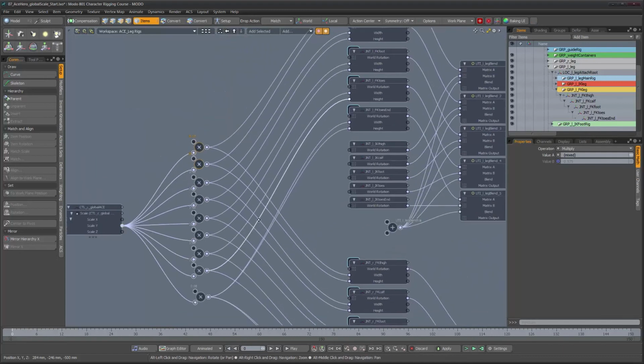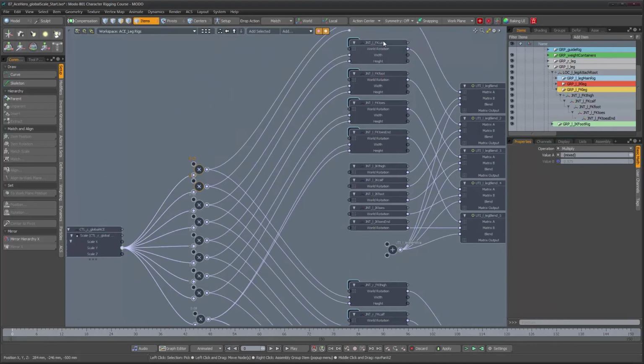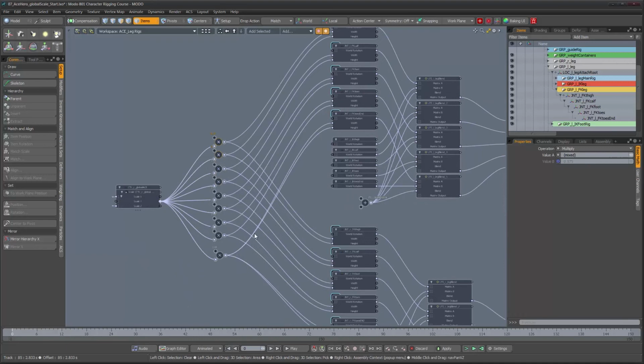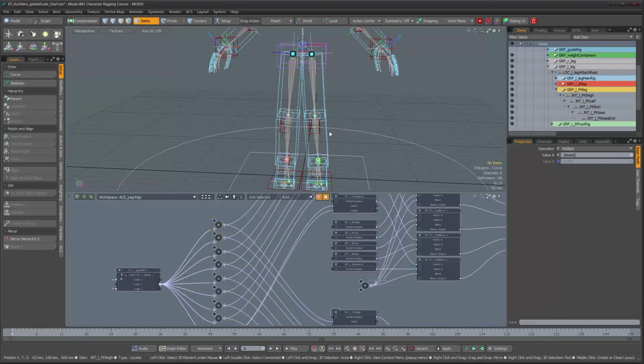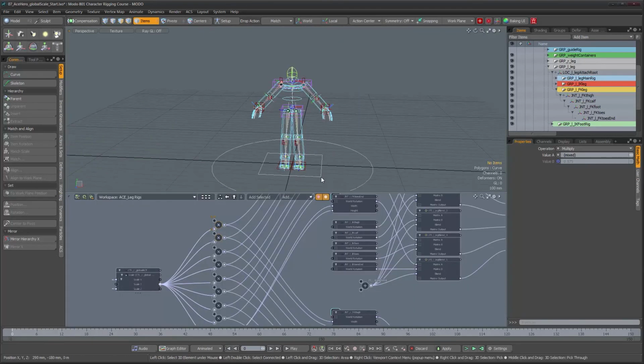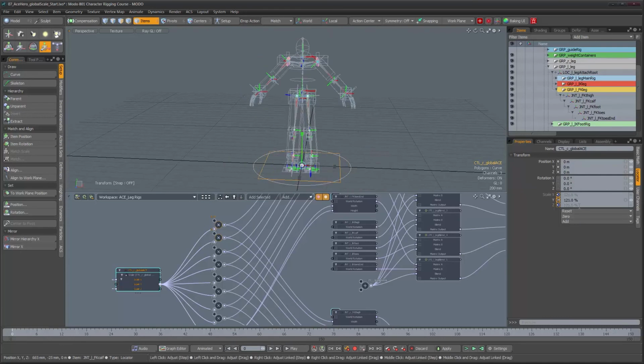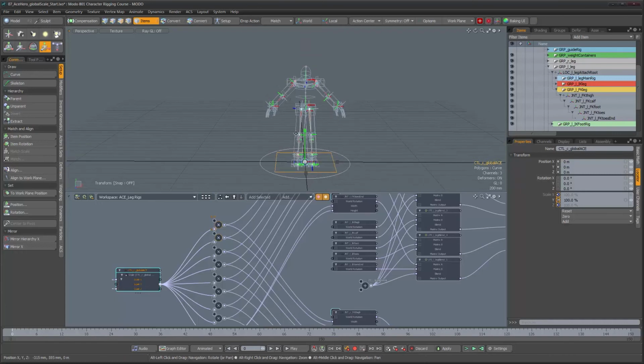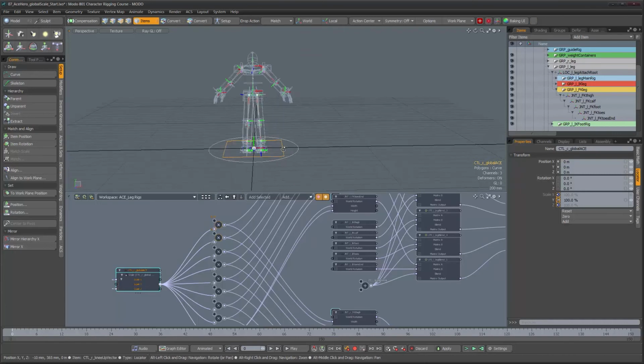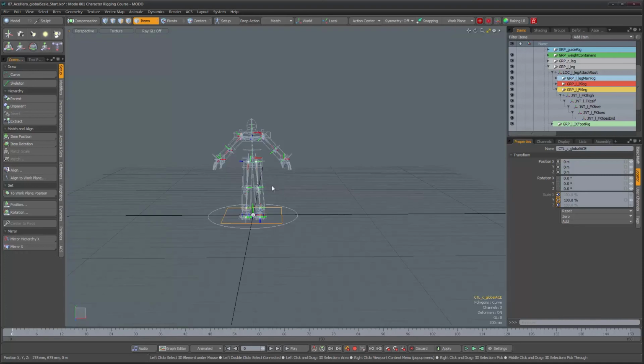I just made sure that I was using the same for the thigh on one side, and on the other side, same for the calf, the foot. Just use the correct ones, and as you can see, our character looks perfectly fine. So now I can scale him, and everything looks okay. So let's set it back to 100 over here,